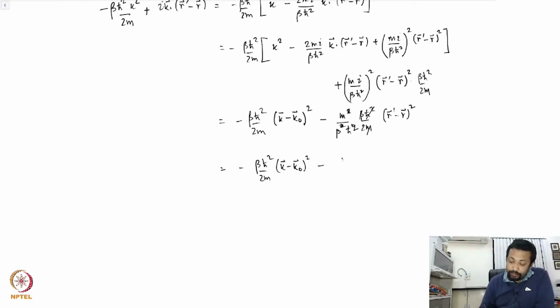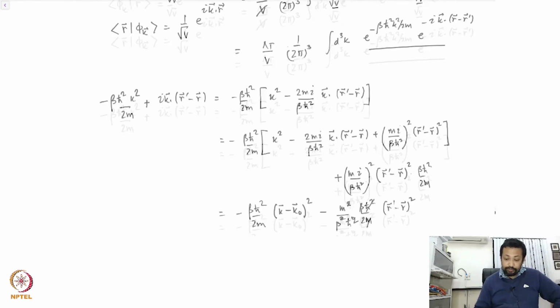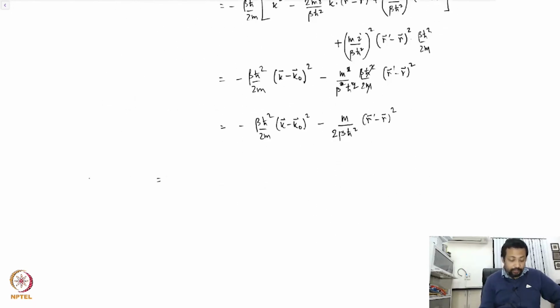So I have m over beta h bar square, half (r prime minus r) whole square. So a little bit involved algebra, but nothing which you cannot do, nothing which is not doable. So your integral over here now is very nice: the density matrix in the coordinate representation now takes the form